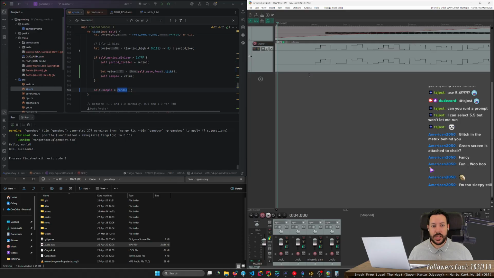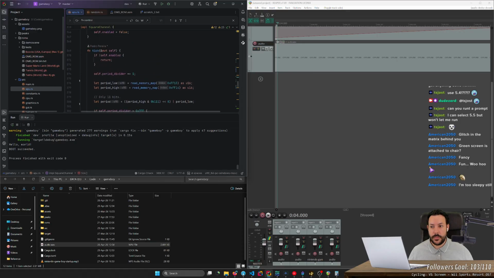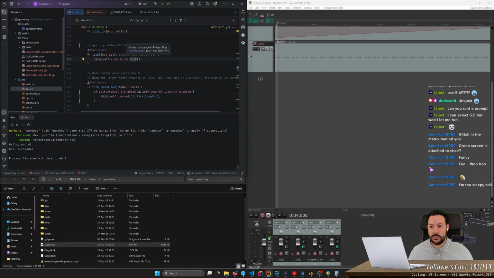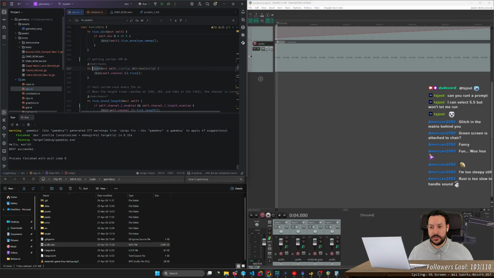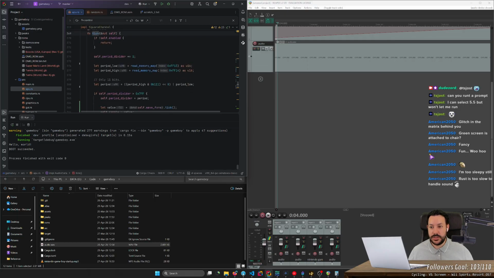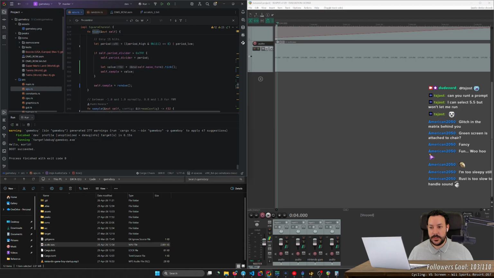So what the hell is wrong with this? Rust is too slow to handle sound. No, this is getting called a million times a second.